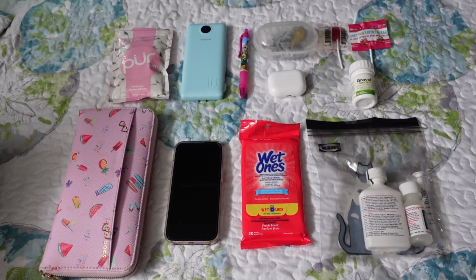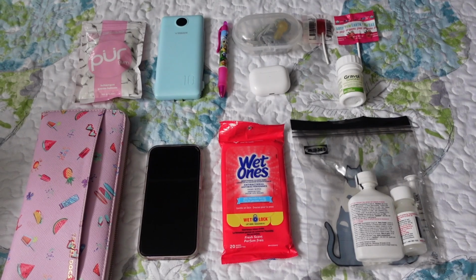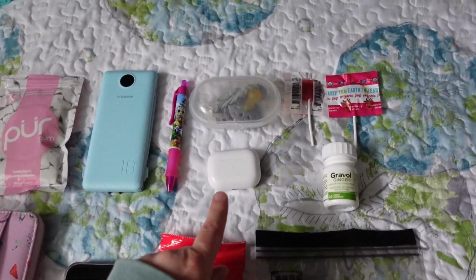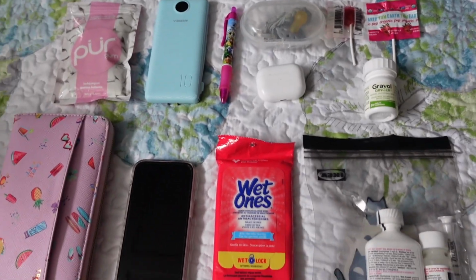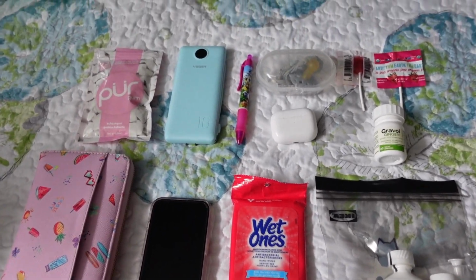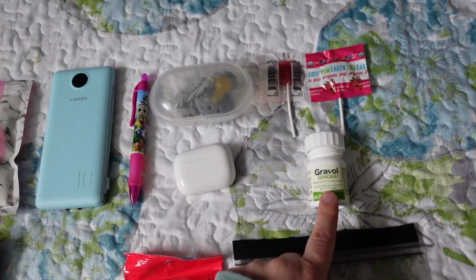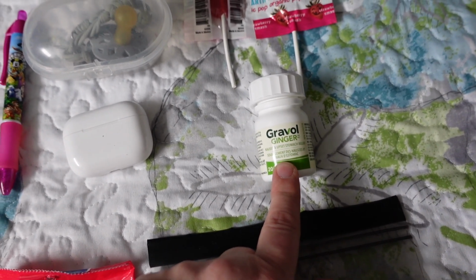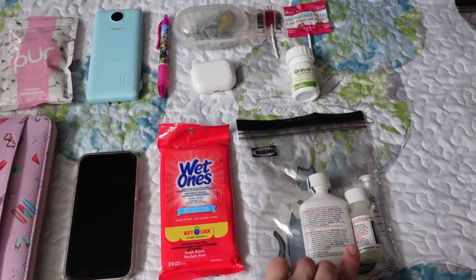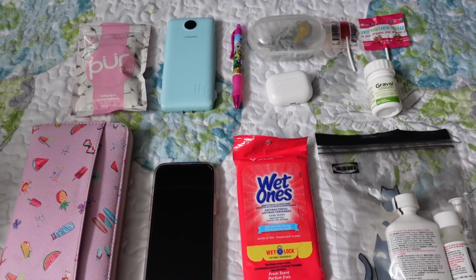And here's just a little look at what will be in my personal items. So some of the things that I will want at the seat will be my AirPods, I've got soothers, of course my phone, and then I've just got gum and suckers for takeoff and landing. I will probably use some Gravol before and during the flight. I've got some medicine for the girls that will be kind of in my liquids pouch, some sanitizing wipes,